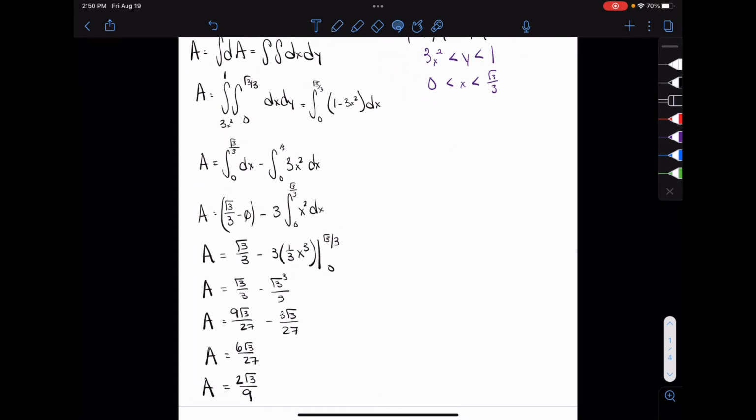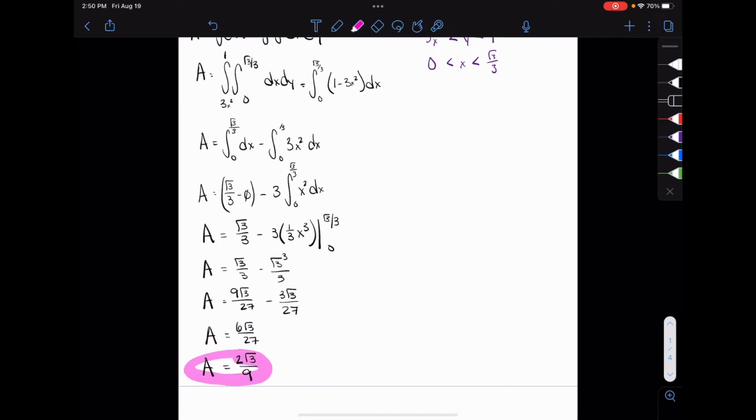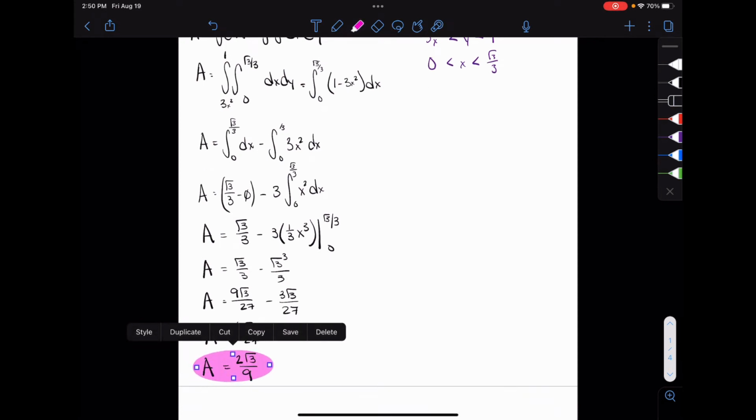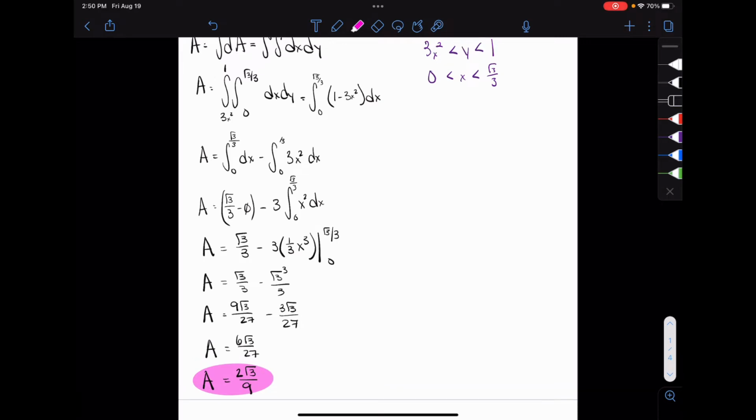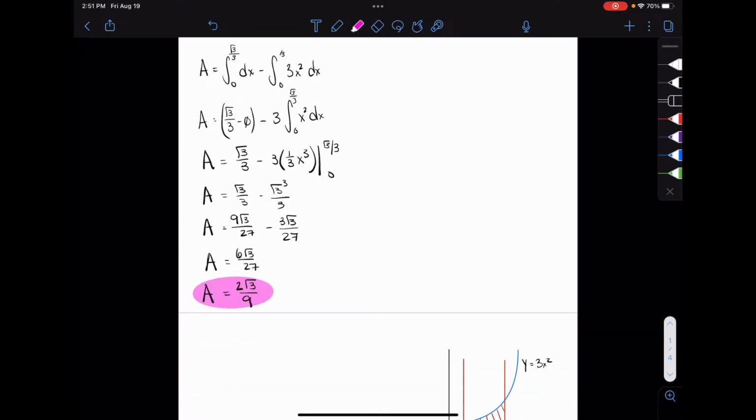Okay, so I solved the integral, and you get the resultant area of 2 root 3 over 9. I try to be explicit when I do my integrals. The more steps you show, the easier it is to catch your own mistakes, but also your interviewer will be able to see your thought process, which is, again, the most important part of these problems. So if we go on to part B,